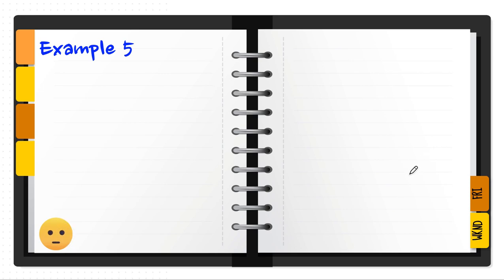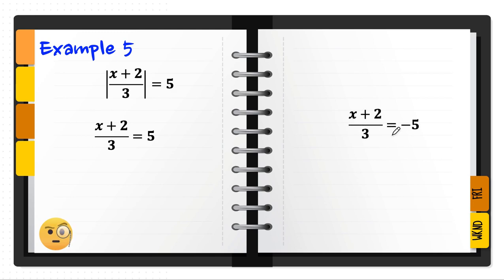So we need to solve for the value of x given the equation, the absolute value of x plus 2 over 3 equals 5. So as you can see, the absolute value symbol is already isolated, so we don't have any terms outside the bars or the absolute value symbol. So we'll now proceed to step number 2 by making two equations. So your first equation will be x plus 2 over 3 equals 5 and x plus 2 over 3 equals